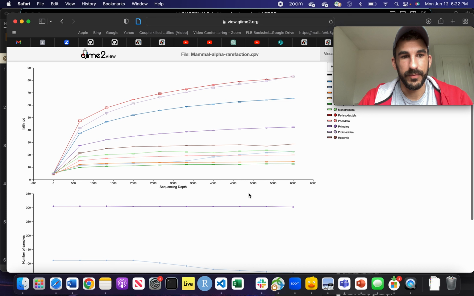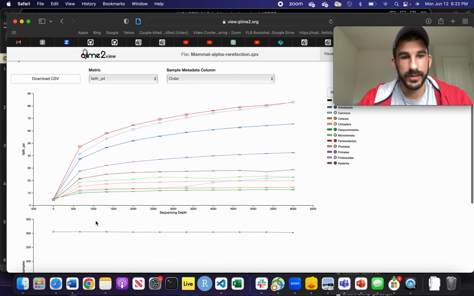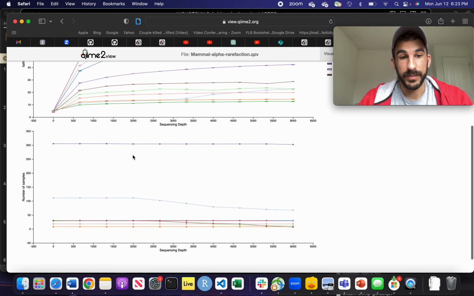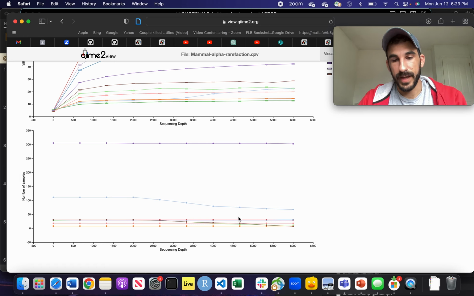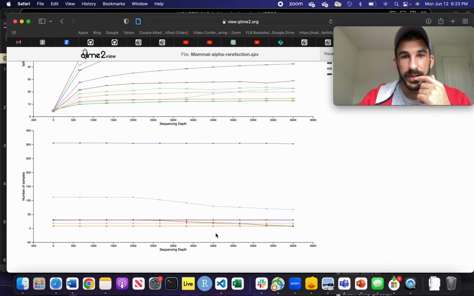So yeah, let me rephrase. If you do see, at 1,000, a bunch of diversity still going up, and then you come down here and you don't see that you're losing that many samples as you go past 1,000, I hope this makes sense. This is number of samples. If it looks like this, kind of flat, and not like that other graph we showed where they spiral down, then you can totally go back and increase your core metrics to, here I might even go like,